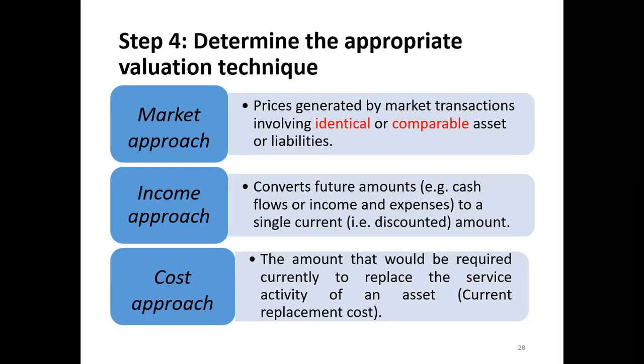So what is the cost approach? It is the replacement cost. Let's again say there is a unique machinery, and you want to revalue that. When you revalue it, you find that you cannot sell it in the market because it's unique, and it is difficult to forecast the future cash flows. Still you want to fair value that, so how do you do it?